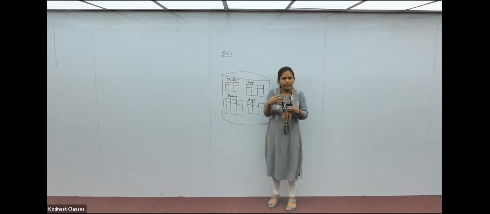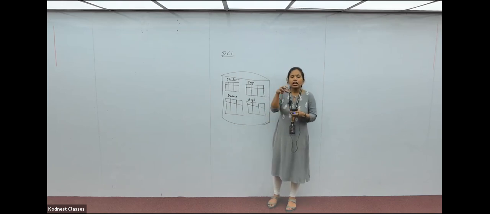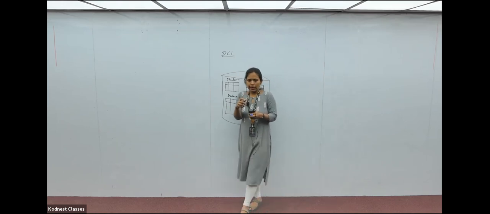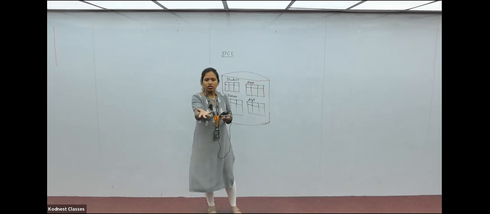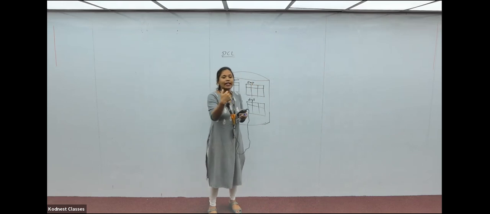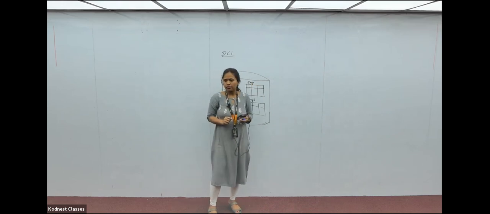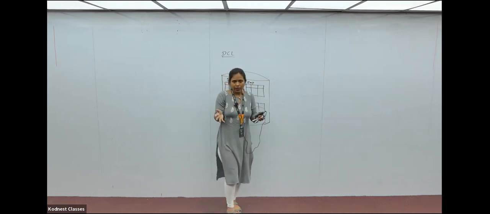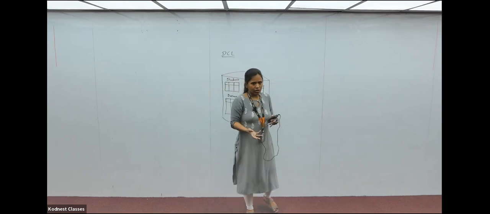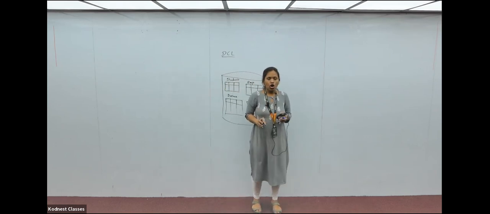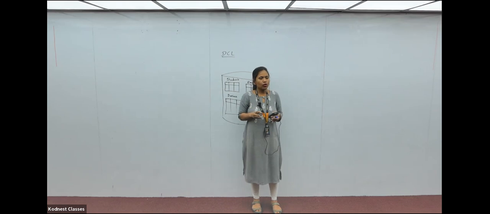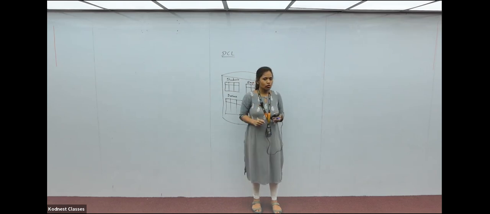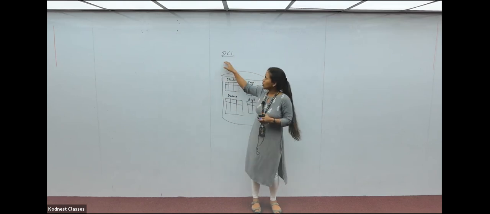Are you understanding the scenarios, whatever I'm telling now? Which means controlling the access to the data. It can be giving access or, as I said, taking back the access. Are you all getting it? Giving the permission or taking back the permission. So all this, whatever I'm telling, the permissions are given or permissions are taken back. All these are nothing but controlling the access to the data, and that is what you're going to learn in